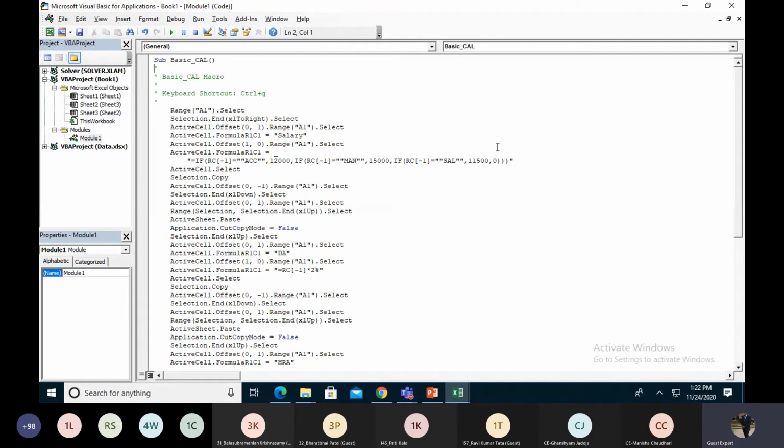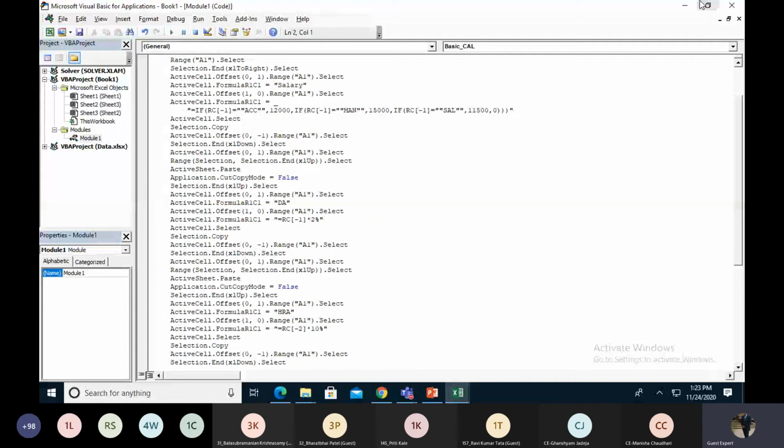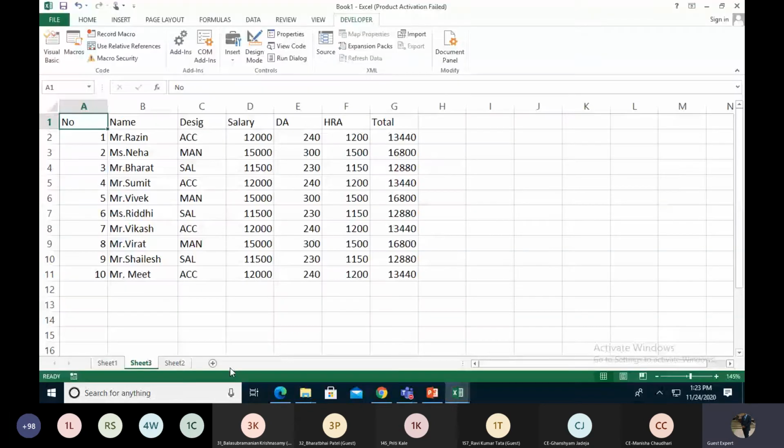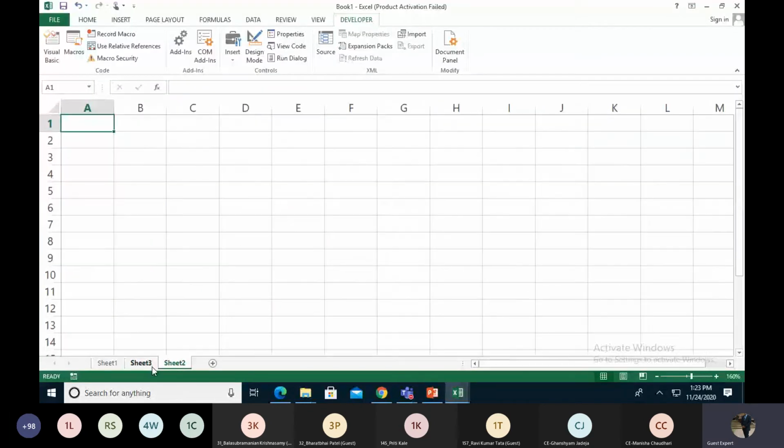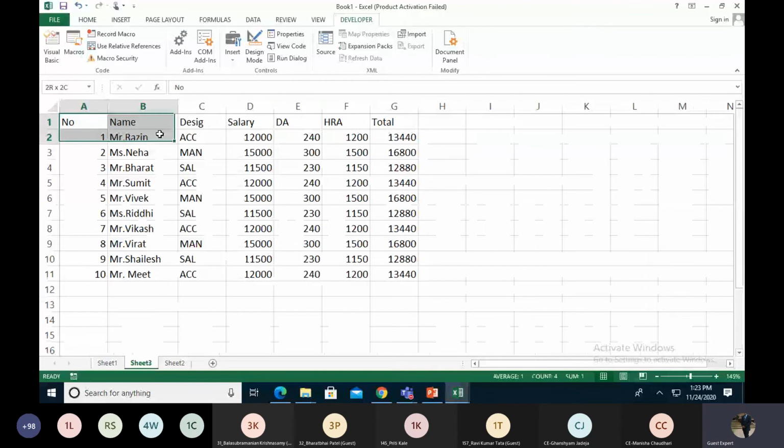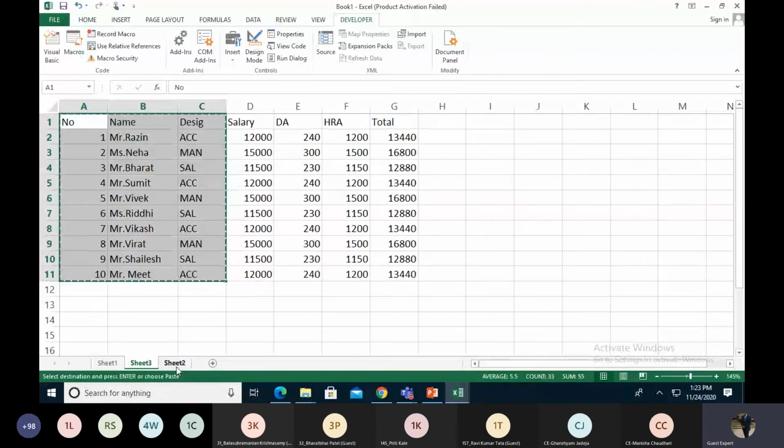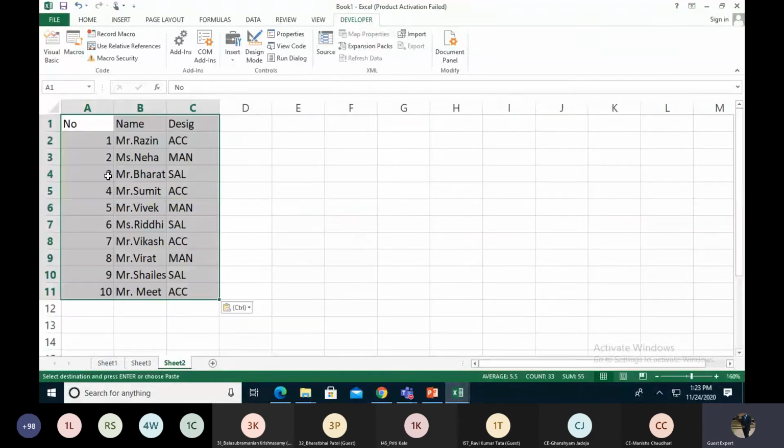Then after that we go to the advanced macro, where we are using multiple macros and also getting data from outside, which is unstructured data. We make it structured and then use the macro. So the whole thing has been created. Right now we are just checking whether this macro is working or not. In the other sheet we take all the details of the data, copy and paste it.